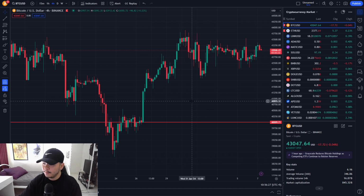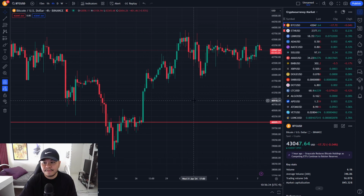Let's talk about Bitcoin. There are in fact some Bitcoin charts that I want to show you guys that show we are in a bull area. We are seeing Bitcoin right now in a bull area. I do want to show you this chart because it's pretty amazing, right? But yeah, Bitcoin right now is holding strong at